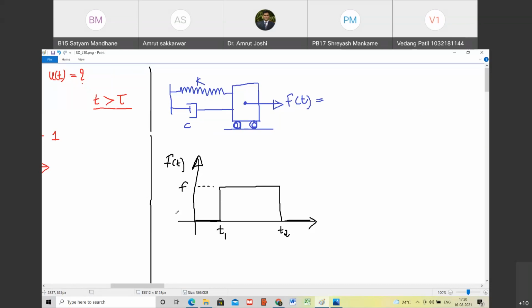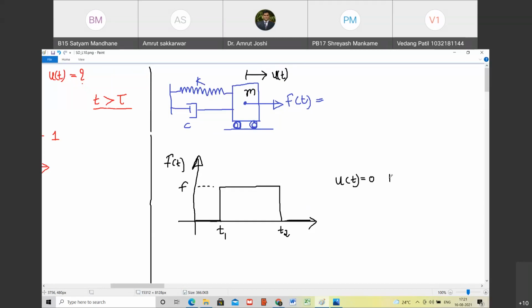Now, how does system respond to this? Tell me. You have to use all the tricks in trade and write down the response of the system to this excitation. How will you write it? Tell me. What am I interested in? See, from 0 to t1 the response of the system is going to be 0. Do you agree with me? Yes. So this is u of t. Of course, this has a mass m. U of t is going to be 0